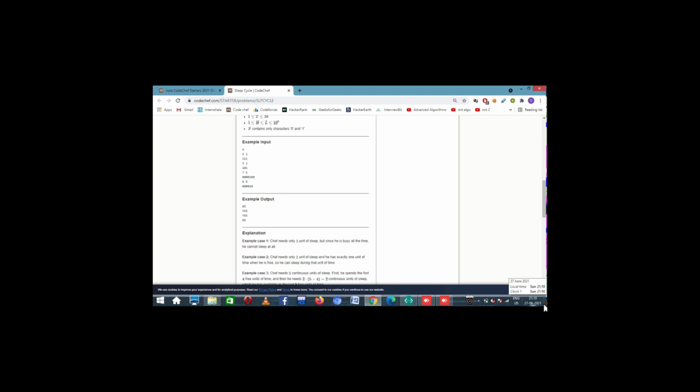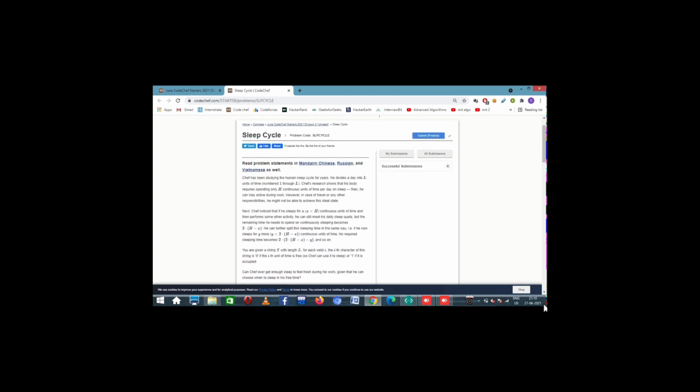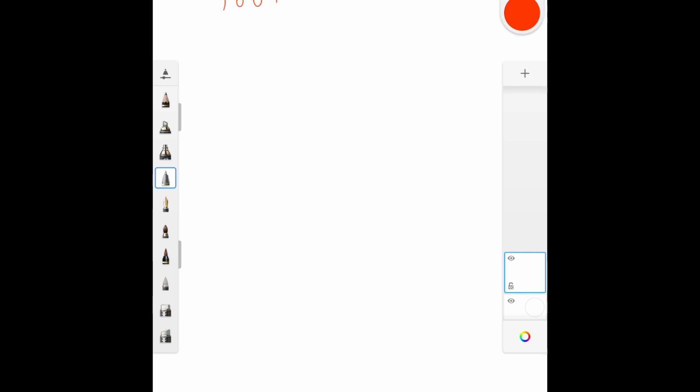So this now seems to be a very difficult problem at first look, like how exactly we can approach it. But I'll show you a few observations and then we can see how we can solve this. Let's say a person had something like 1 1 0 and then another 2 zeros and maybe 3 zeros and 1 more 0, right? Now this person needs a sleep of how much time? Let's say this person needs a sleep of 3 units.